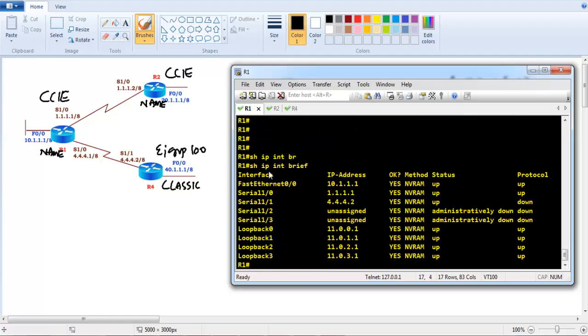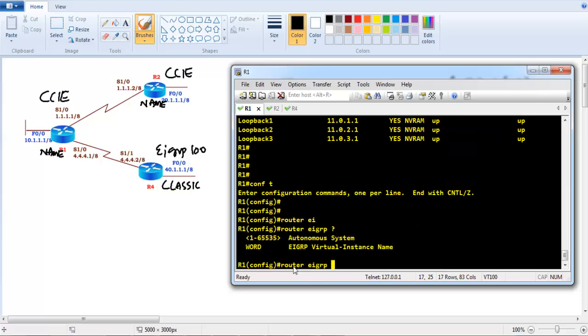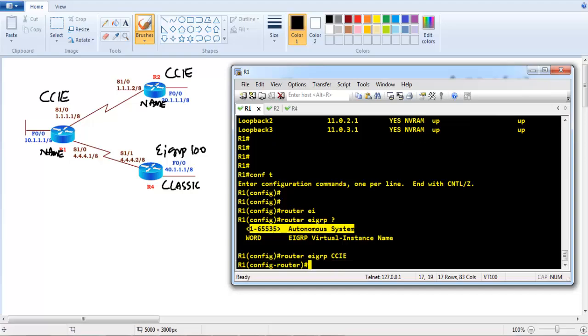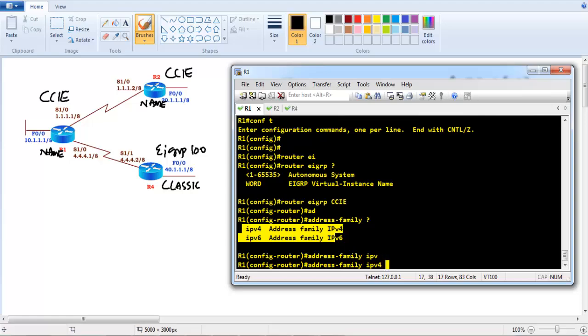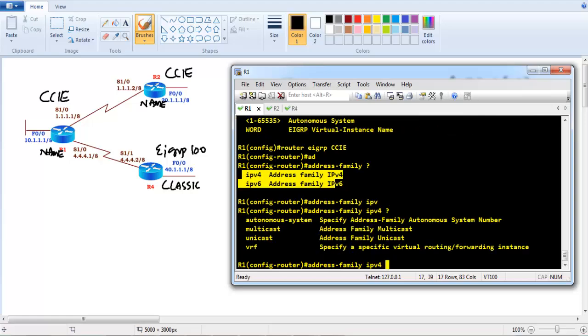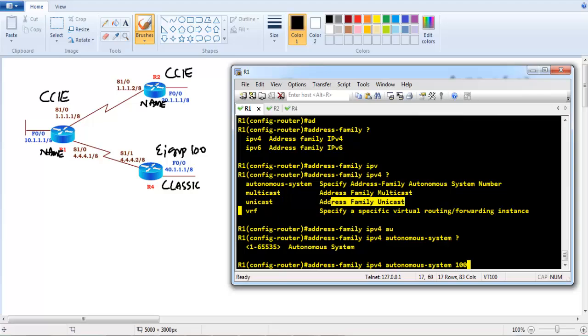The first thing, I'll start with IPv4, and the IPv4 addressing is pre-configured as per my diagram. So on router 1, I decided to use name mode, so I'll say router EIGRP. Now either I can define the autonomous system number, which is classic mode, or I'm going to define some name, and then we need to say address family. Now for address family, we can define either IPv4 or IPv6. Any IPv4 related commands we need to define under IPv4, and then we say unicast, or we can directly say autonomous-system